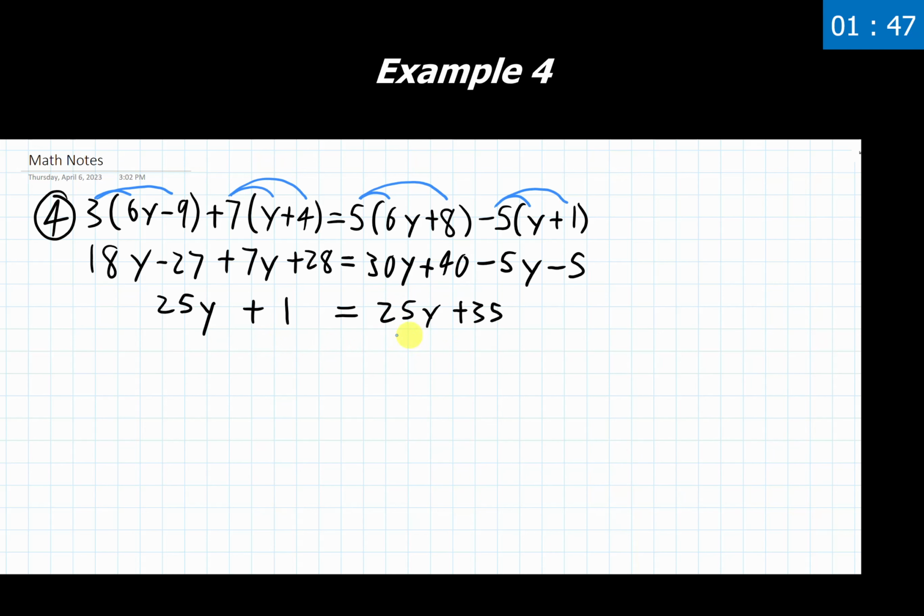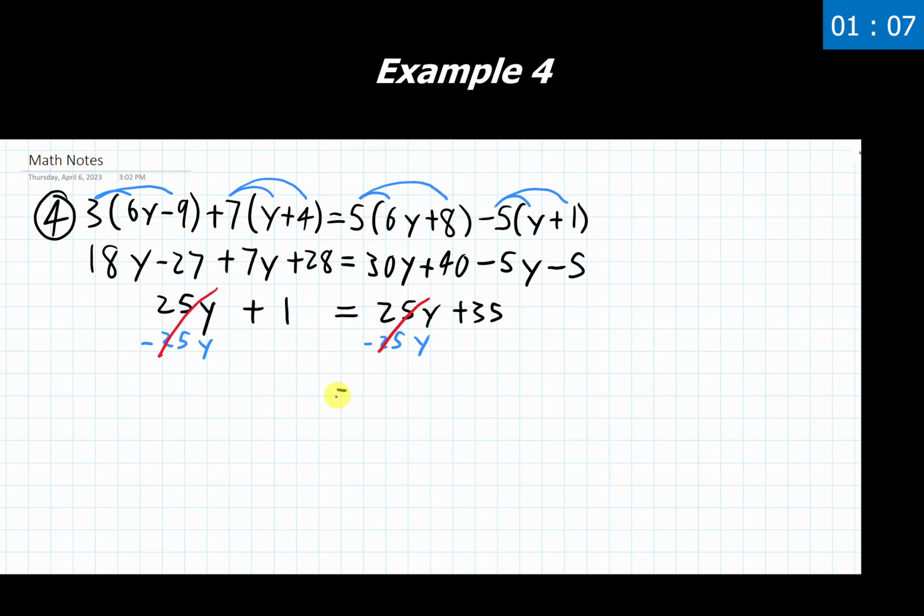Since I have both sides fully simplified, I'm going to get rid of the variables on one side of this equation. So I'm going to get rid of this 25y over here. I'm going to subtract 25y minus 25y. And what's my leftover stuff here on the left side? Well, these two things cancel out. 25y minus 25y, that's effectively 0y. And 0 times anything is just 0. So this whole set of stuff over here goes away. It's gone entirely. What about right here? Again, 25y minus 25y would give me 0y, so all of that cancels out.